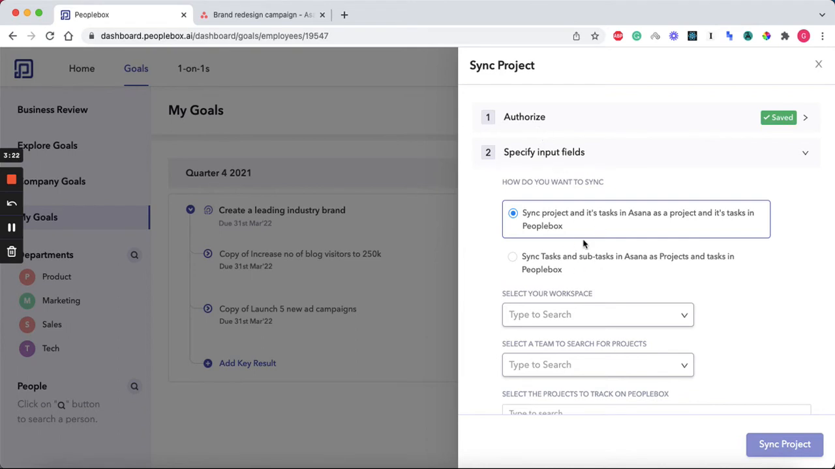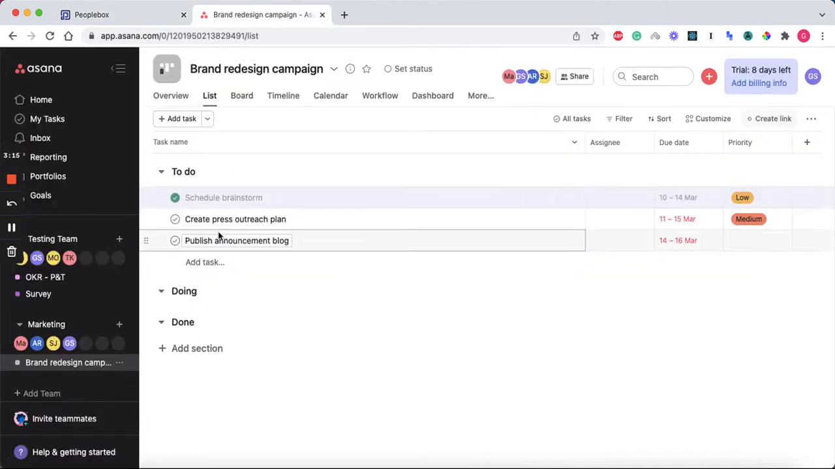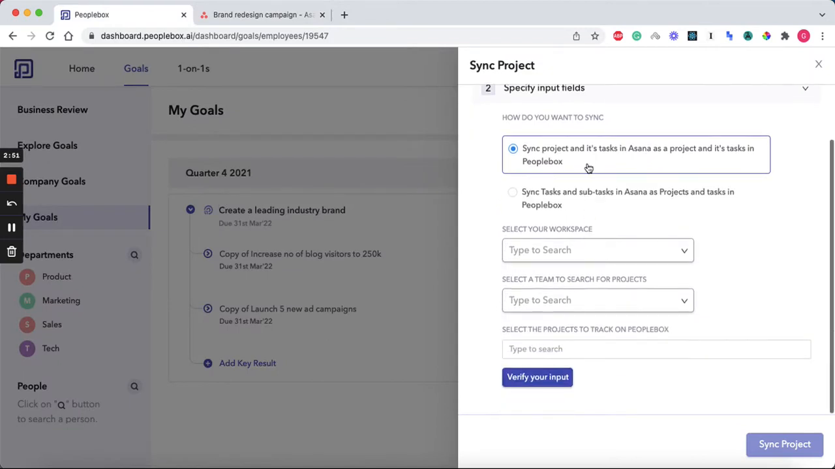Now there are two options as to how you would want to sync your projects from Asana. The first option is that you want your projects and tasks to be mapped the same way in Peoplebox, but there are some teams who also like to call these projects in Asana as OKRs instead of projects, and for them these line items are actual projects. So for such teams, these can be created as projects and the subtasks under these can be created as tasks in Peoplebox. But today I'm going to go with the simpler option, which is projects and tasks in Asana to projects and